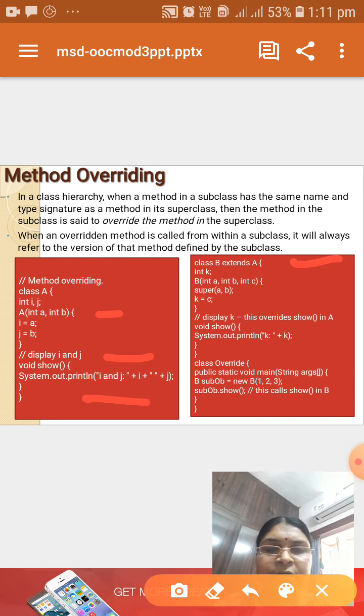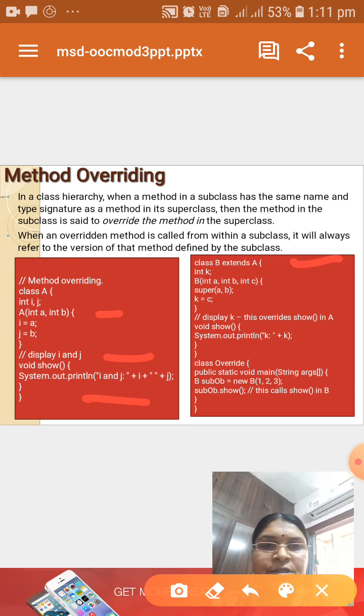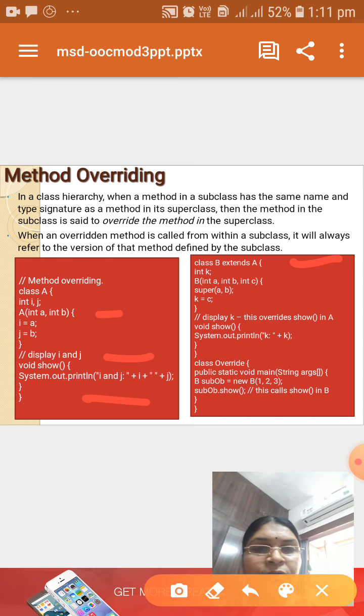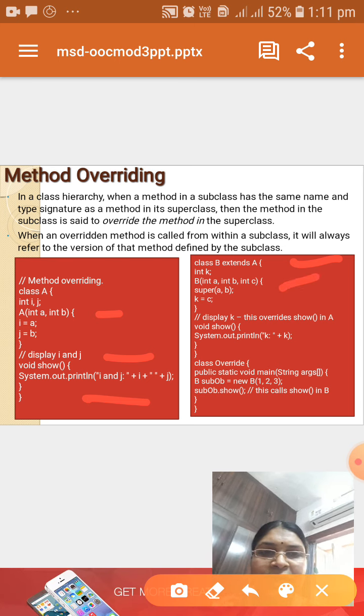Here is the inheritance. Class B extends A. That means we are deriving class B from class A. Class B defines its own instance variable k, and then we have the constructor of class B here. You notice that class B's constructor is taking 3 parameters.